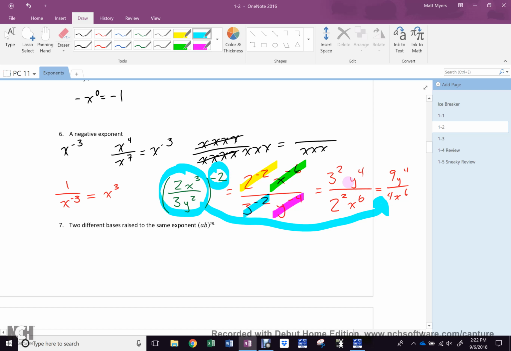Everybody cool? Now, what if there was a negative exponent inside and I flip it? Does that guy change yet? No. Does everybody remember? You're going to do a crap ton of practice on this. The bell is going to ring in 1 minute. This takes 2 seconds. xy to the m is